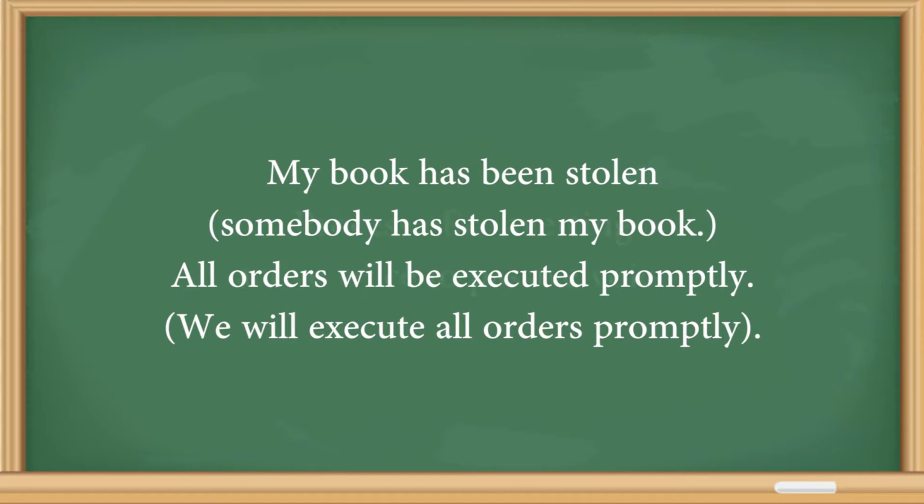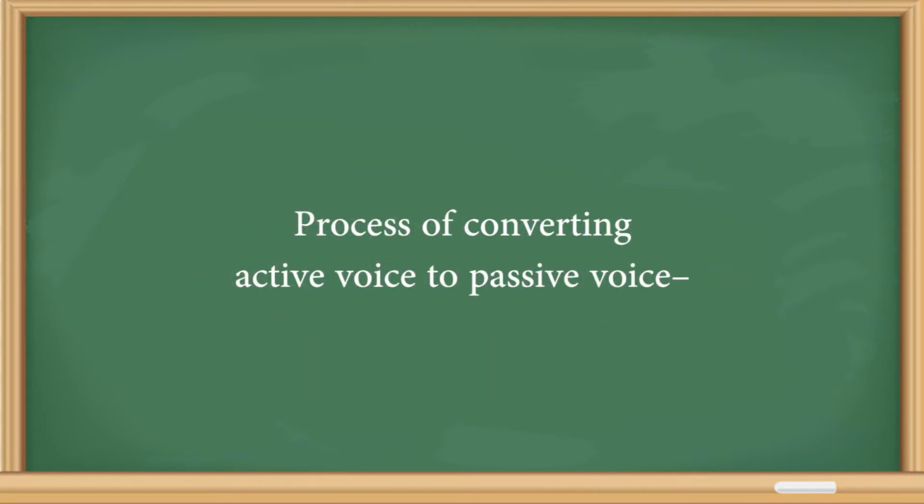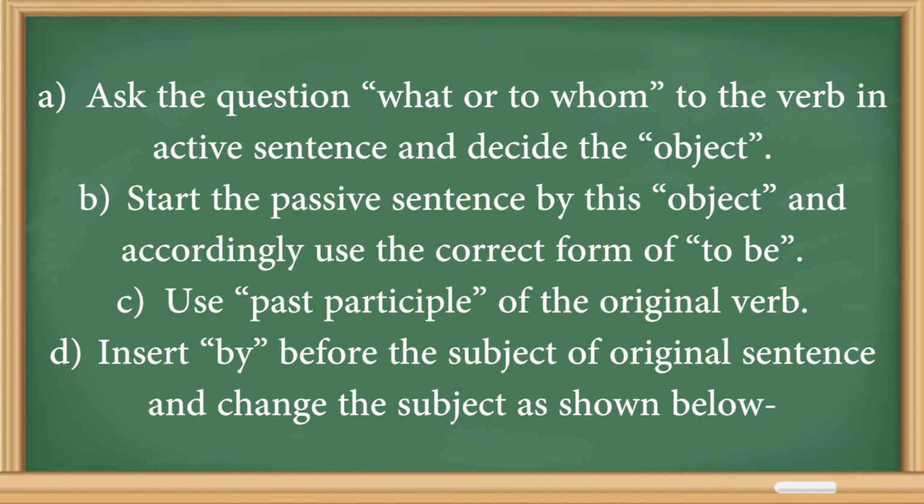It is understood. Now let us see the process of converting active voice to passive voice. This is very important because in the examination you will have to do the same thing. Now we will go step by step. First, ask the question what or to whom to the verb in the active sentence and decide the object. Once the object is decided, then start the passive sentence with this object and accordingly use the correct form of